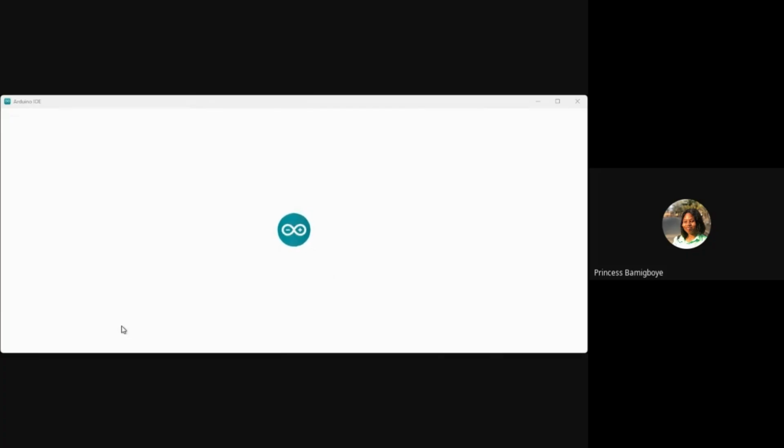So, the Arduino IDE. IDE stands for Integrated Development Environment. What it does is it basically serves as the software for writing all your Arduino code, all the projects that you want to work on, testing the Arduino with components. So basically, it's the software that you use to program your Arduino and whatever Arduino project that you want to work on.